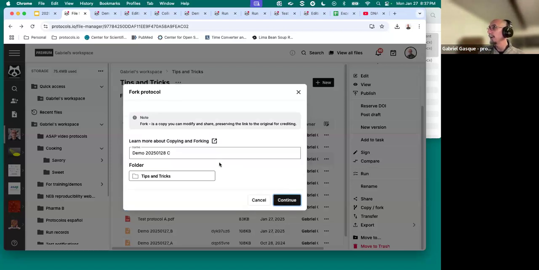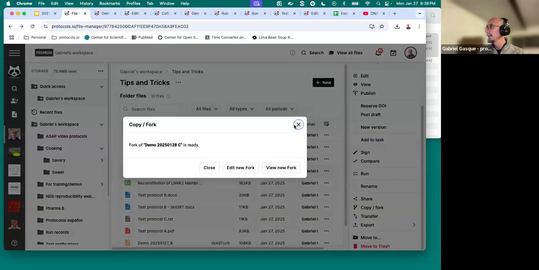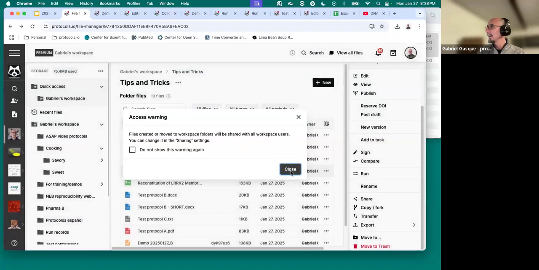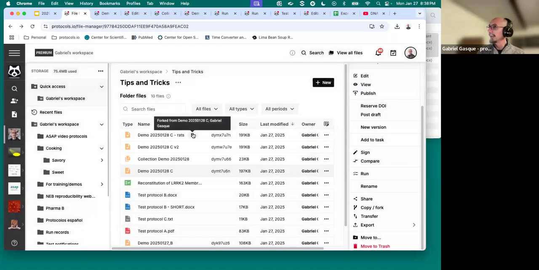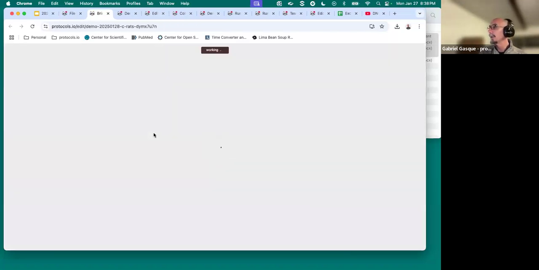So if I create a fork, I'm going to add a title. This is protocol for rats, not mice. And now I create a fork of my protocol. You can see that it is clearly labeled as a fork. If I open the protocol,